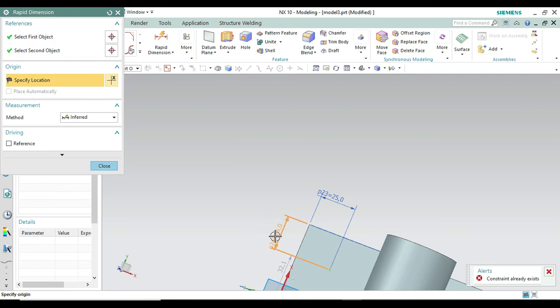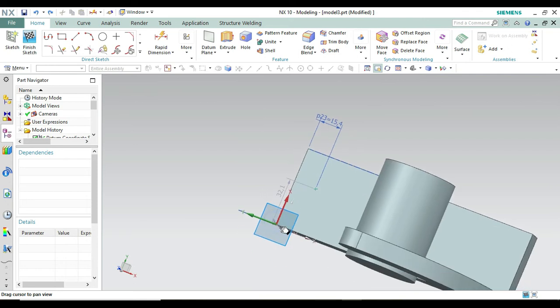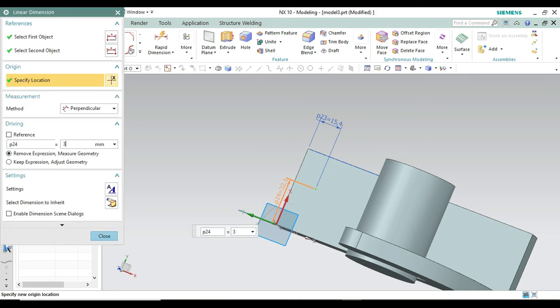It is 25, okay, no problem. It is 20, it is how much, let's see, it is 34. Constant already exists, okay, no problem. So make it cancel command, make it zoom, let's pan it, so we can get the whole body like this. Now this dimension already exists, so we are not getting that point. So let's double click on this and change it from 32.1 to 31.